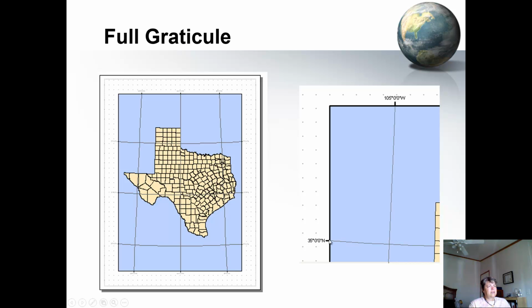Your latitude will say, I think I accidentally said longitude a while ago, your longitude tells you the direction that you're going east and west, and your latitude shows you if you're going north or south. So if you've got this on here, and you've got these things labeled, if this is 35, which I don't think it is, this is about 20-something north, and this will be 30 north, and this is 35 north, I guess that's 25 north,